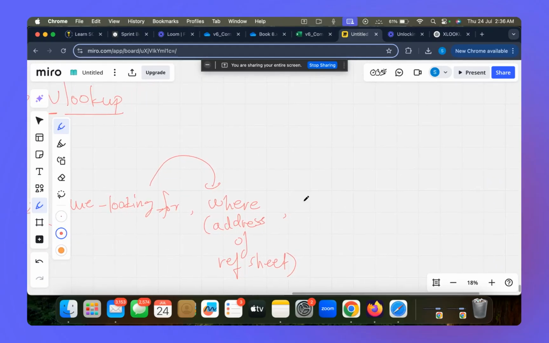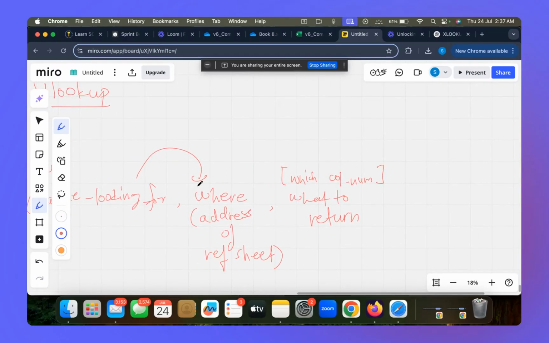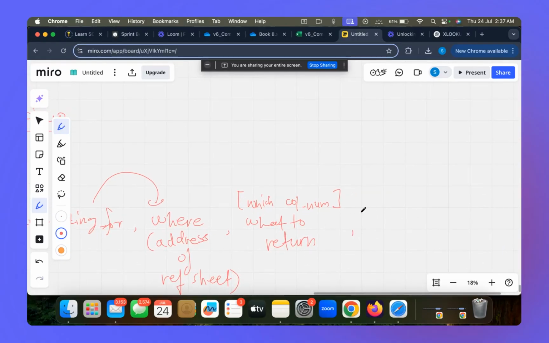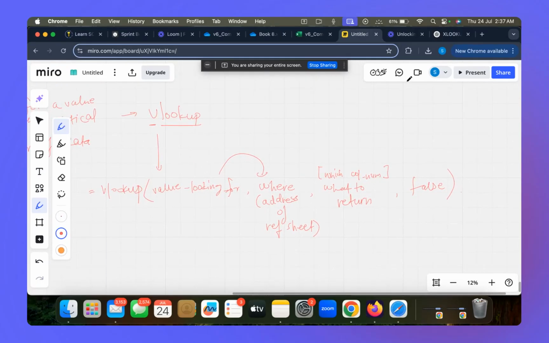And once I find it, what to return? Basically, which column number I want to return once I find this value. And then there is one argument, for now I'm writing false here, I'll explain it later when I write the formula. So this is the syntax of VLOOKUP.